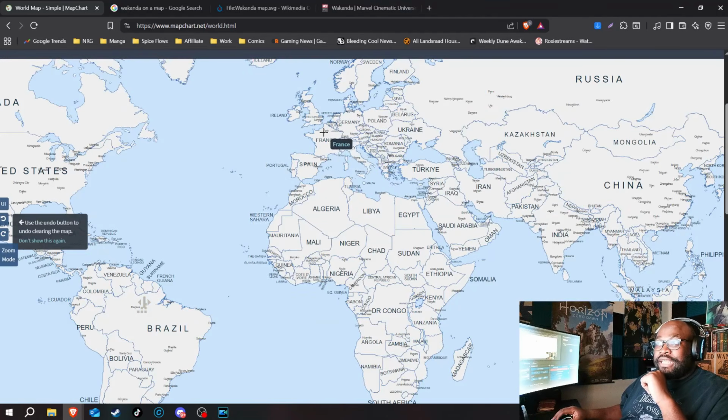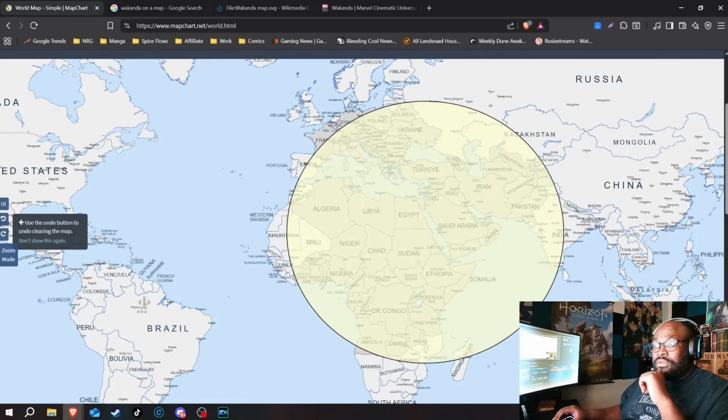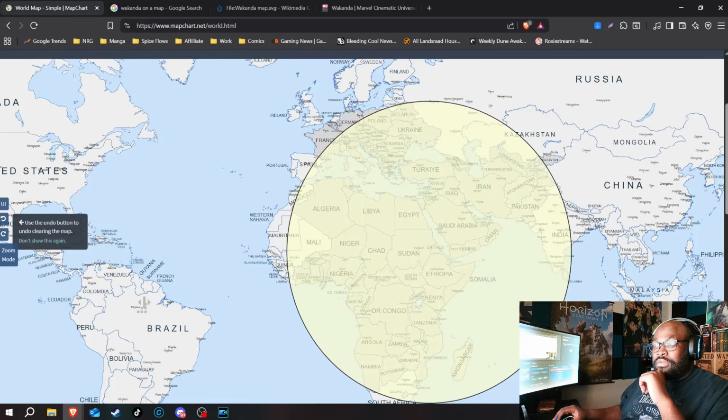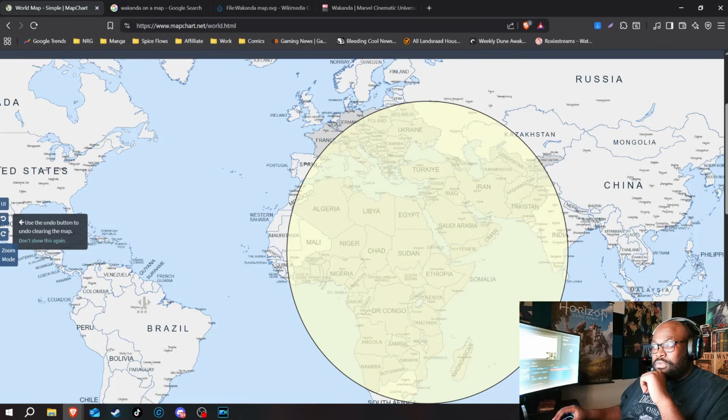Because Paris, like I said, is all the way up here. And I've got to do a little bit of trickery with the circle, because the edge of the circle has to touch Paris. So I've got to start from all the way up here and then drag it. So Paris isn't fully in the storm, but you've got a general idea of how many countries are simply gone.